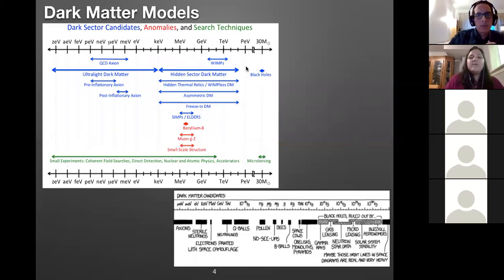And so what I'm going to be focusing on today is really just this category of WIMPs, weakly interacting massive particles, which are one of the longest lasting models for what dark matter can be, and one of the most well motivated models. Now, if you think these names and lists are a little bit crazy, so do I,